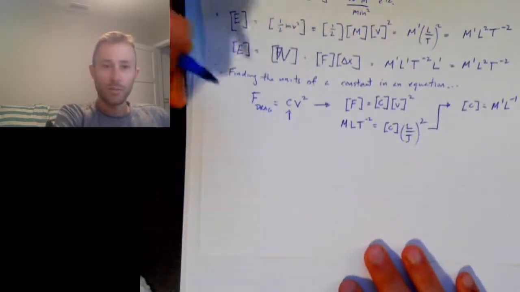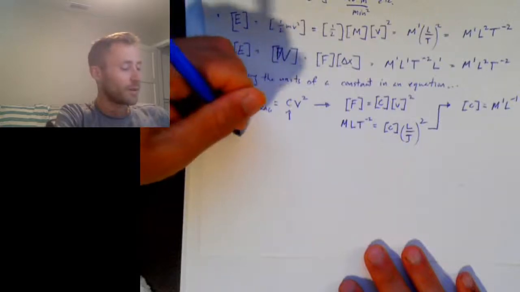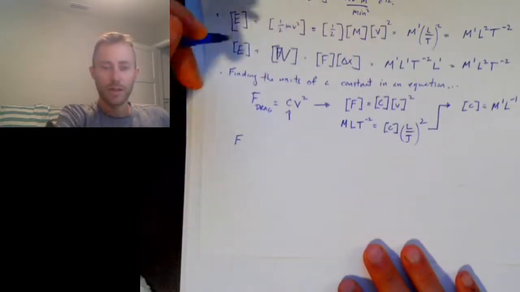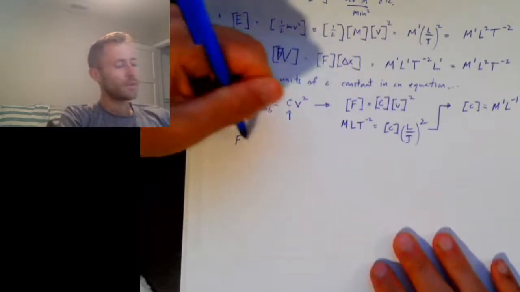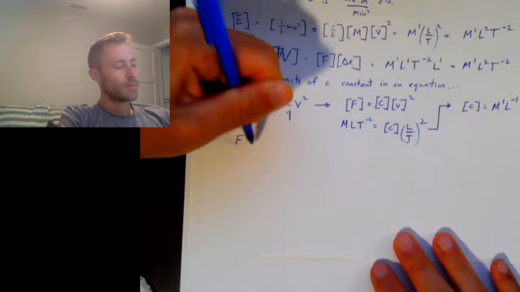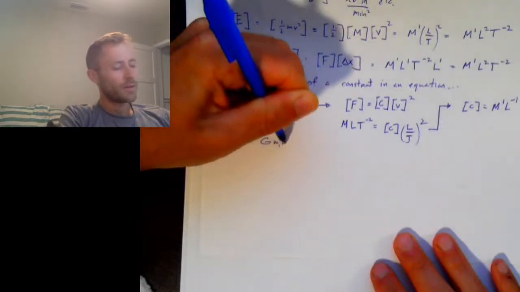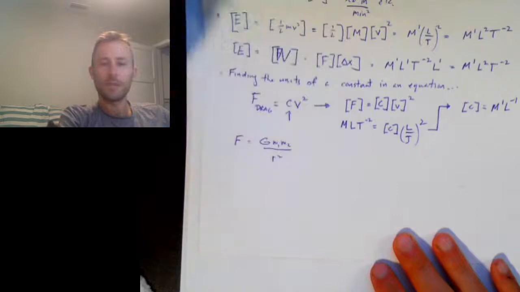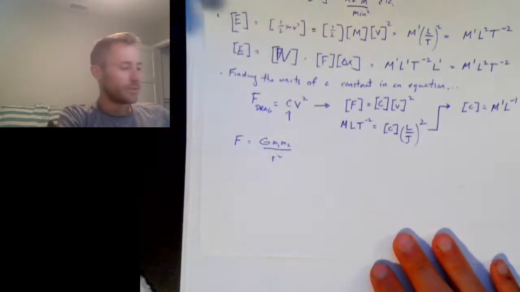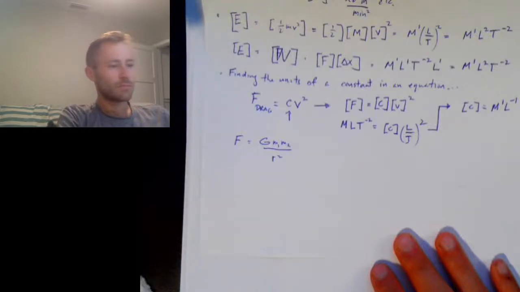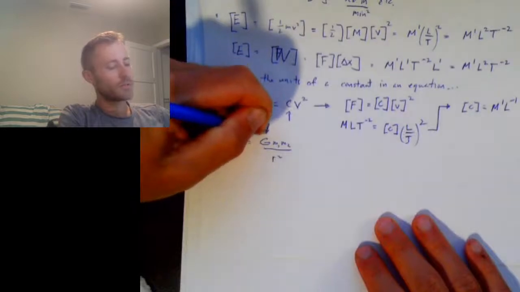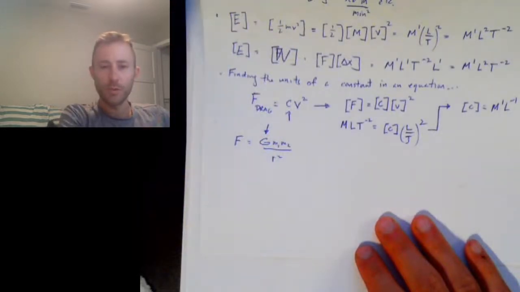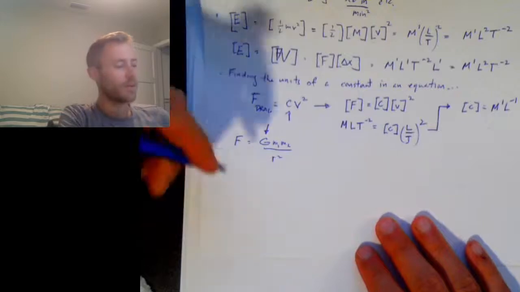Another example would be with gravity. So we have this equation, F equals big G m1 m2 over r squared. This equation has a random constant in it, which is big G. So what if we want to know what the fundamental units of big G are? Well, I would